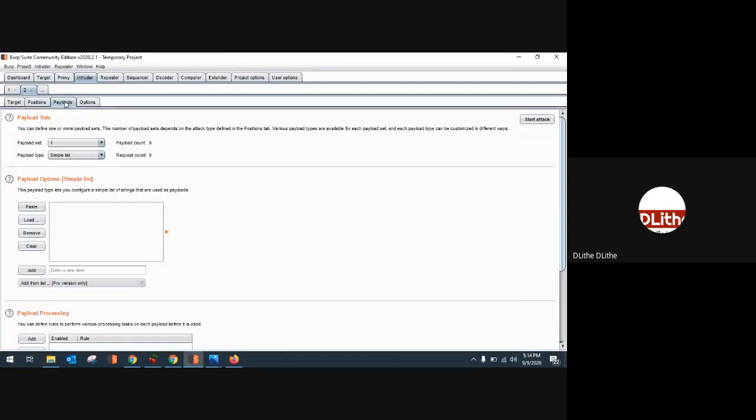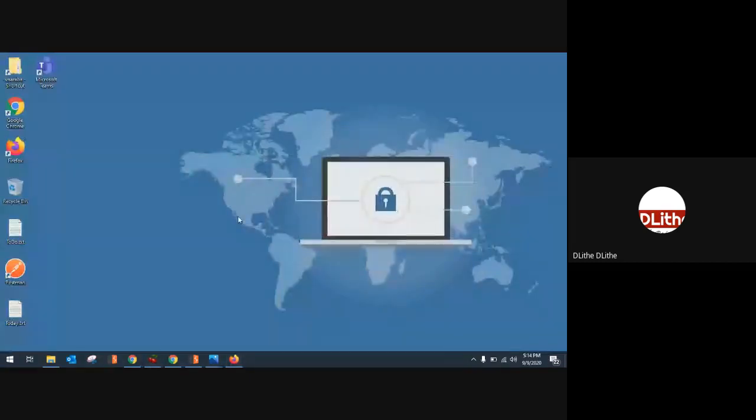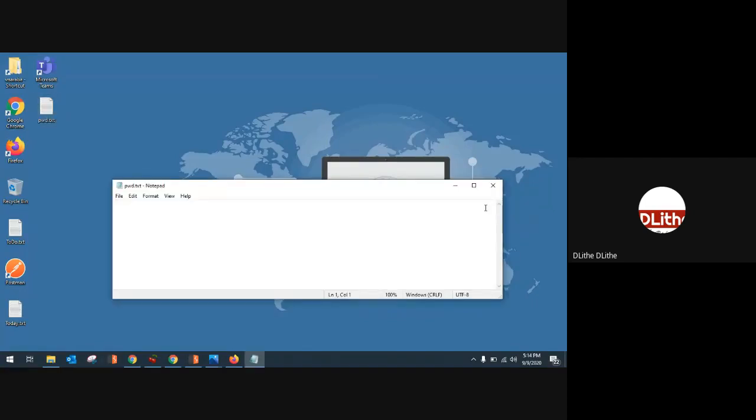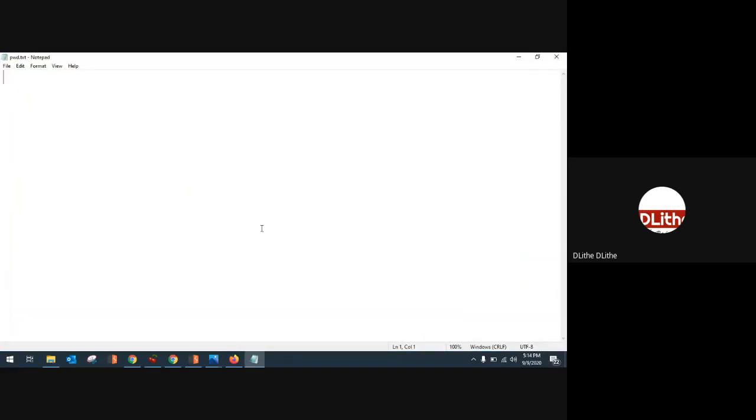Let's go to payloads. This is where you need to add your word list. Now, a word list could be a text file, or you could also manually type it in. So let me create a text file, pw.txt, and create a list of possible passwords. We can use, say, welcome, Windows 7, Windows, and let's say test, and let me put admin over here, let me put test over here. Sorry, my mistake.